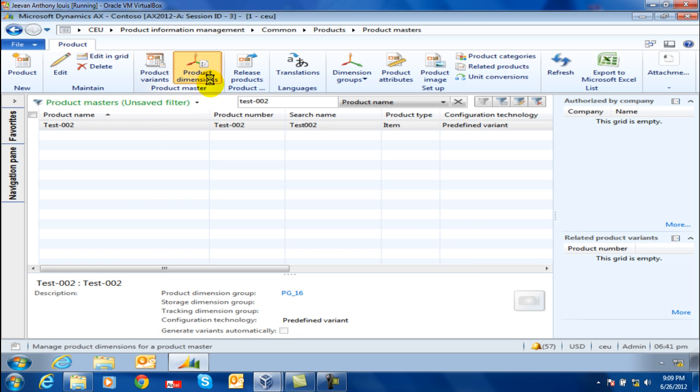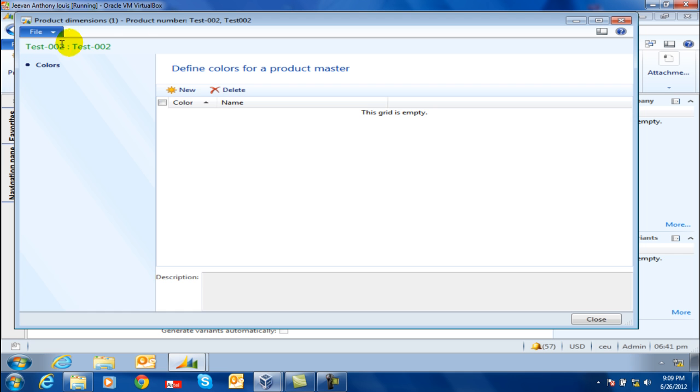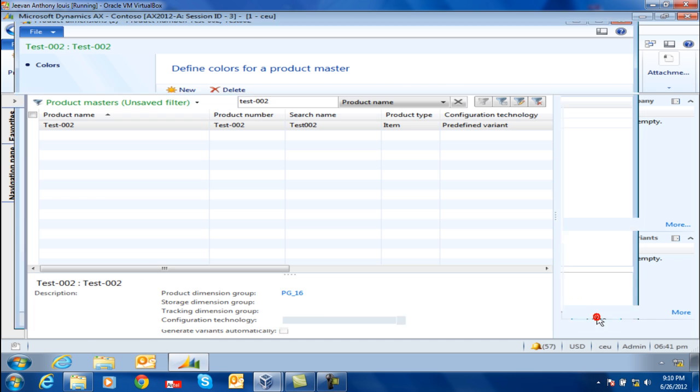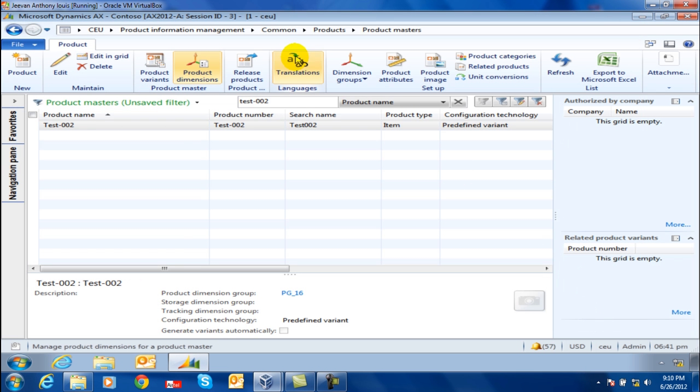Click on product dimension, click new, enter red, blue, so on and so forth. Close. Now if we go to the release products,